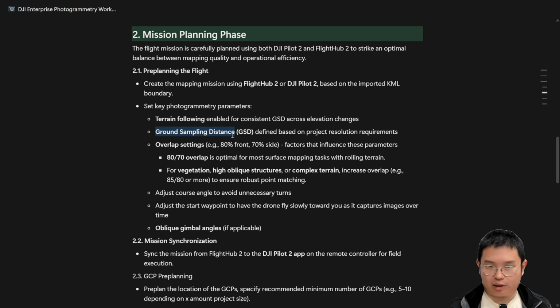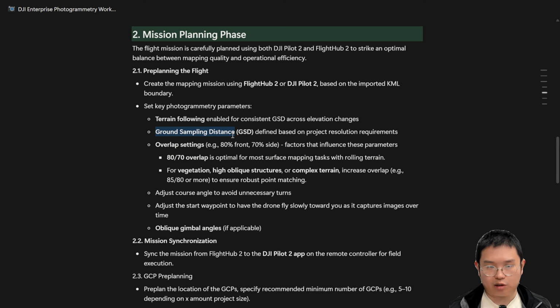So just giving out one example here. Generally speaking, if a project requires 3 centimeter accuracy, we will need to multiply that by 1/3, which is 1 centimeter ground sampling distance. And adjusting the ground sampling distance will automatically affect the flight altitude that is relative to the ground. So if your camera system can output more resolutions like P1, which outputs 45 megapixel, it is going